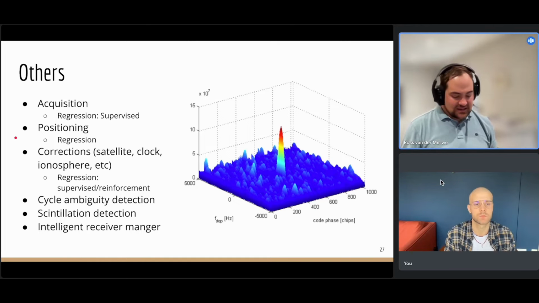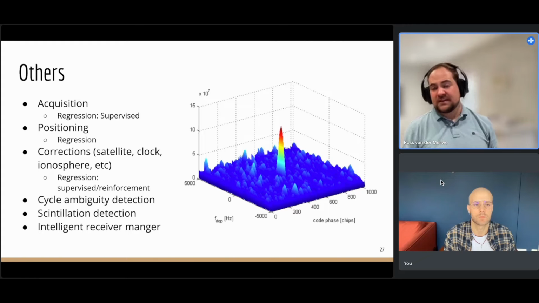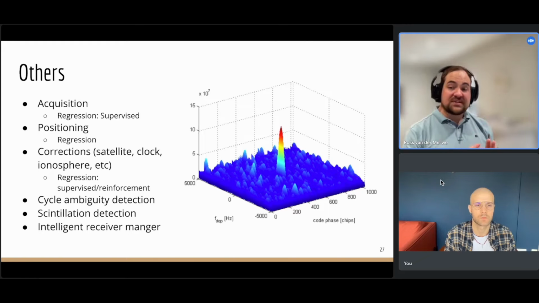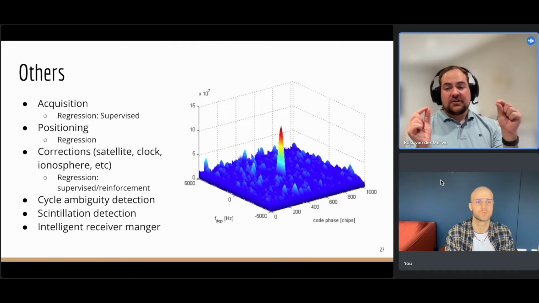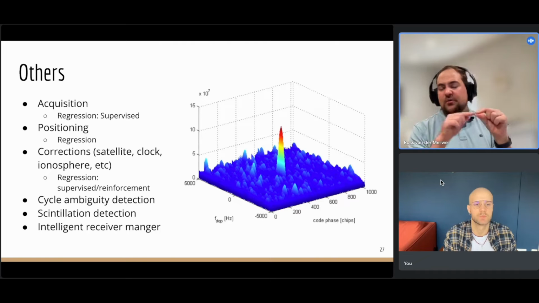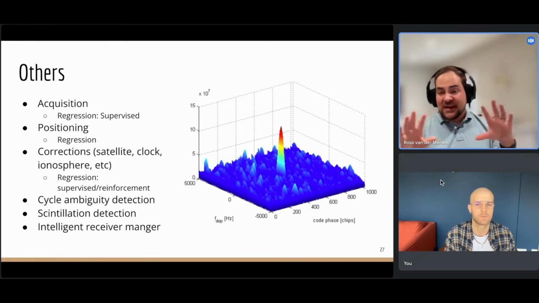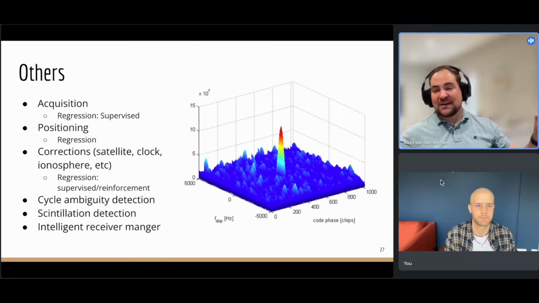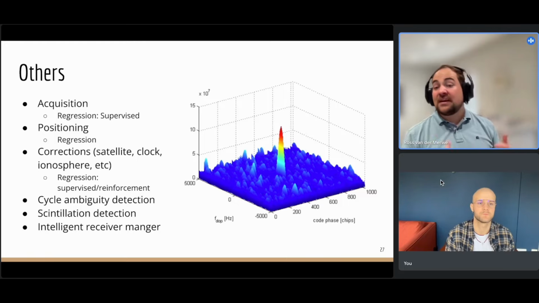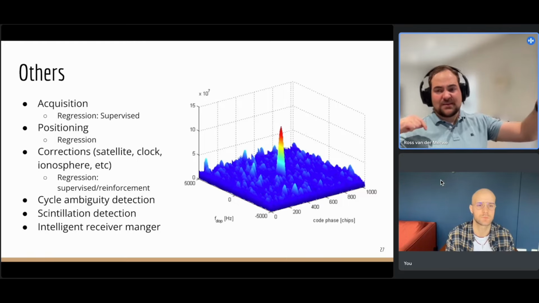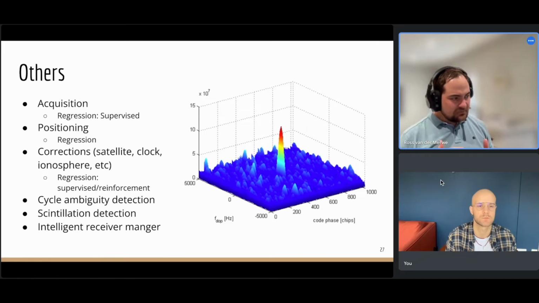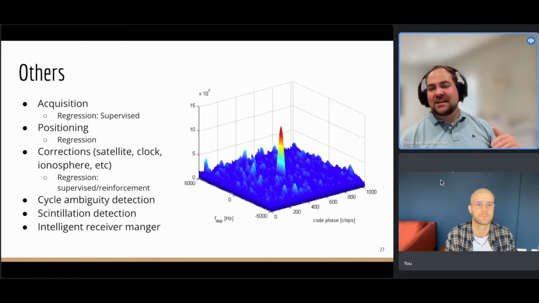The reason why I say this is, one of the problems we have currently is, if you want to go really, really precise, the best way to become precise is to do RTK. So you have some base station, you have your receiver, and you're calculating your differences between the two. So you're doing some relative positioning based on all the satellites. RTK works amazing until you're too far away from your base station, then everything breaks. You have different ionospheric things. So then you'll go over to something like network RTK, where you're basically putting all of these together, etc. Which is great. It's not as precise, but it's still good.